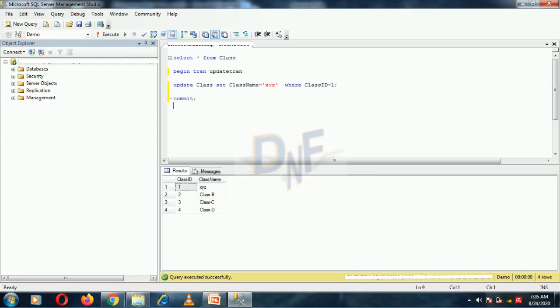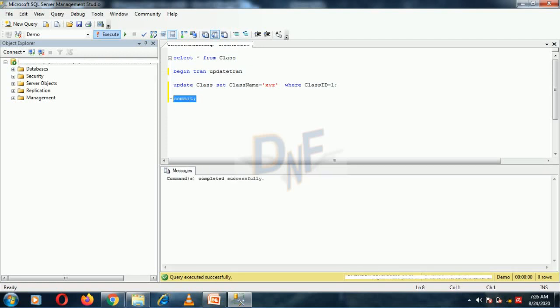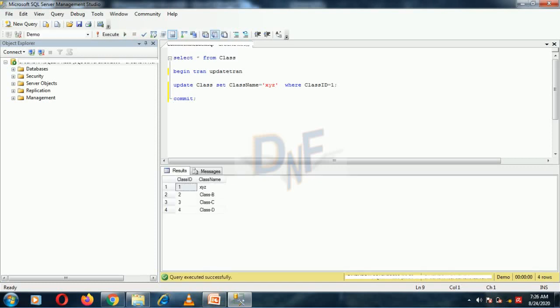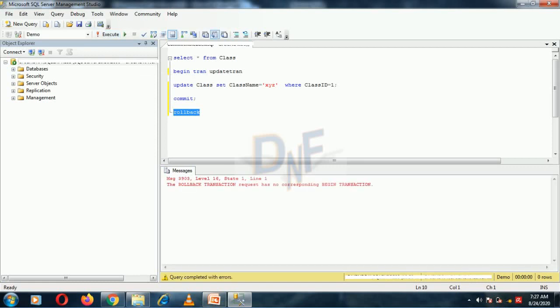When I commit it, it is committed, permanently saved. And then if I want to use rollback, it cannot be rolled back. It shows some error: the rollback transaction requires a transaction.